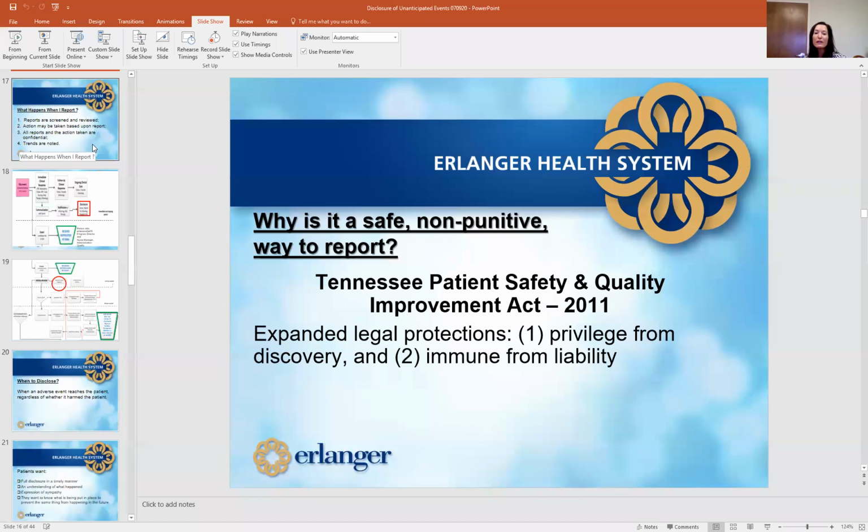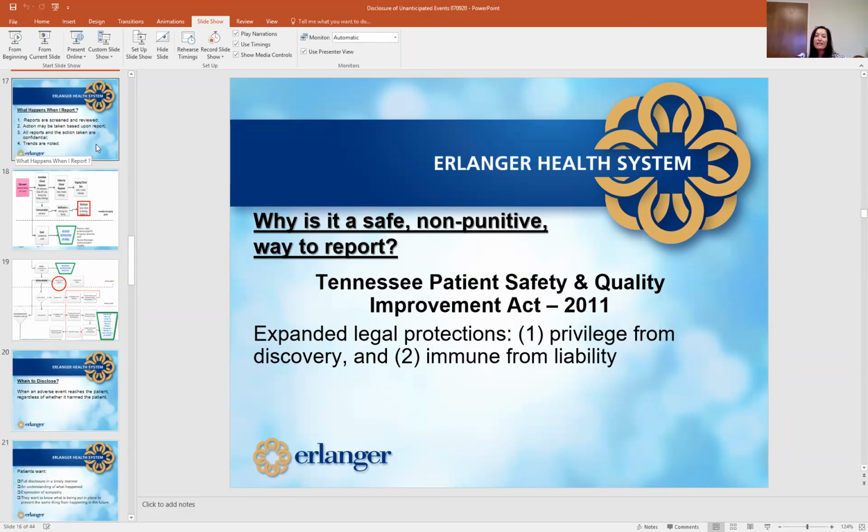And so back in 2011, the Tennessee legislature saw, hey, we want to provide some legal protection for hospitals, physicians, all providers. There used to be just peer review. You guys understand what peer review is, right? So we're looking at just what medical care doctors provide. But the Tennessee legislature said it's got to be bigger than that. We need quality improvement across the spectrum and with all levels of providers within healthcare. And to do that, they passed the Tennessee Patient Safety Quality Improvement Act.